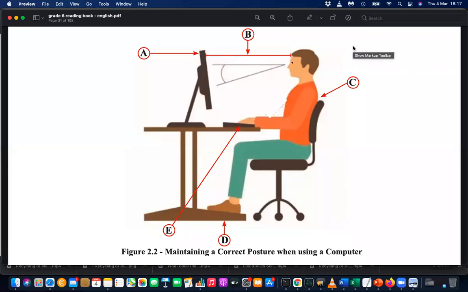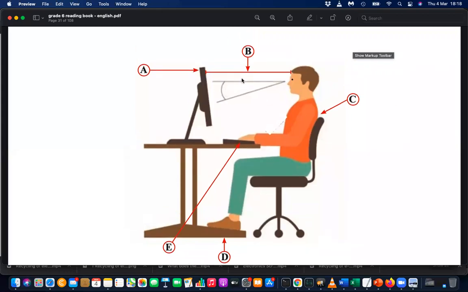When using a computer, you have to use correct posture. Otherwise, you will get different kinds of injuries when you are using it for a long time. So sometimes eye strain or eye pressure or any sight issues, or maybe neck pain and back pain, or repetitive strain injuries like carpal tunnel syndrome I mentioned last week, right? So you will get a lot of injuries if you are not using the computer properly.